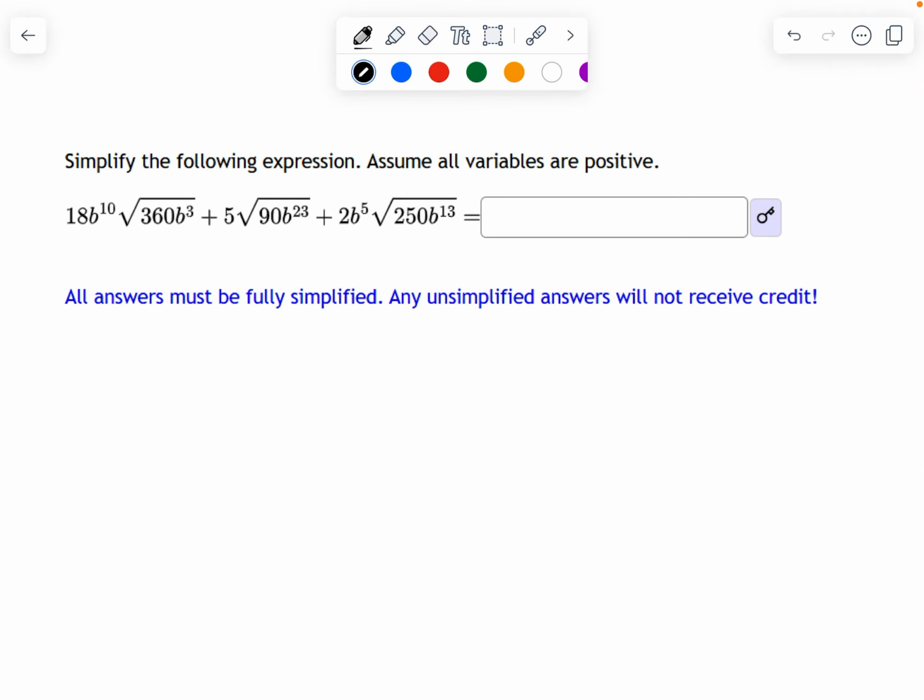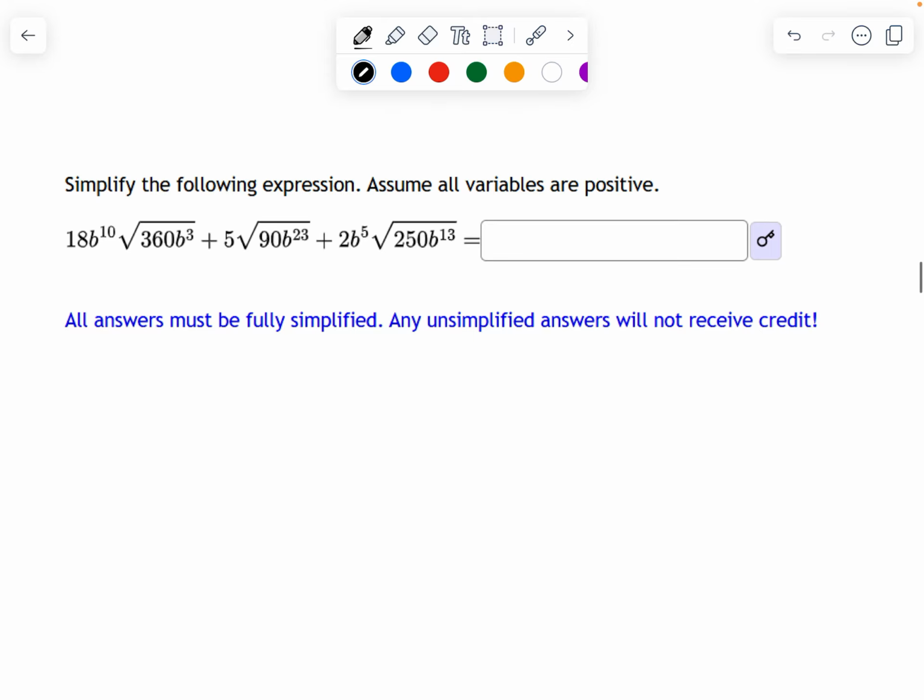Hello and welcome. So we have here a string of terms together in an expression. We have quite a few radicals here we need to combine. Now there's a few things to keep in mind here. First off, in order to add or subtract any radicals, we have to have the same index and we must have the same radicand,